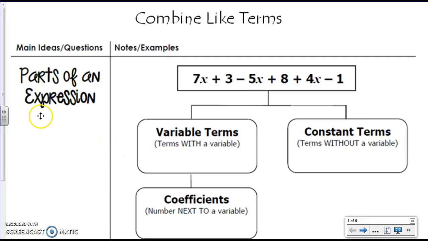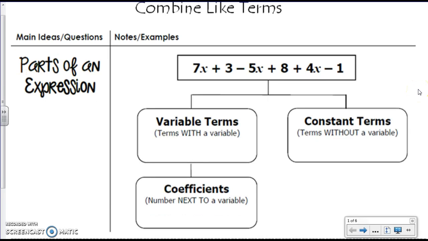Today we're going to start talking about how to simplify expressions that have variables in them. So we're actually going to focus on combining like terms today, and then we are going to focus on distributive property tomorrow. Okay, so combining like terms, if we have something like this expression here, 7x plus 3 minus 5x